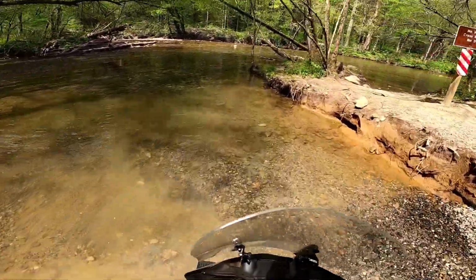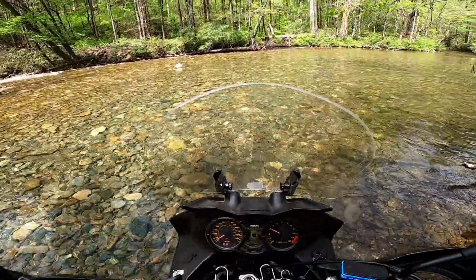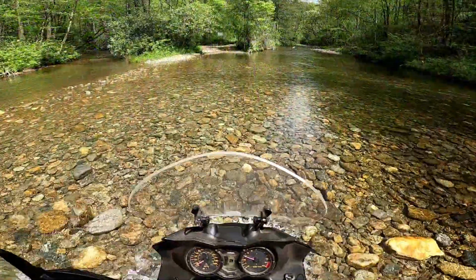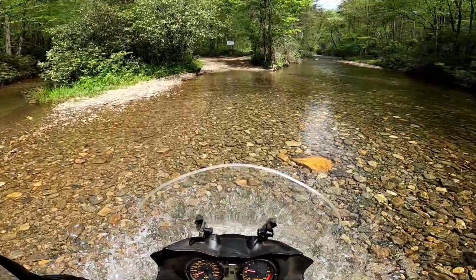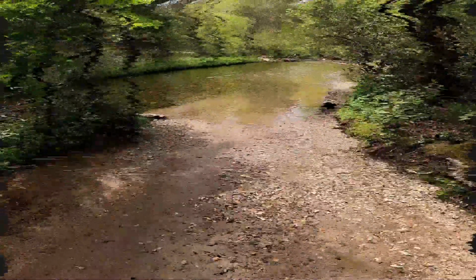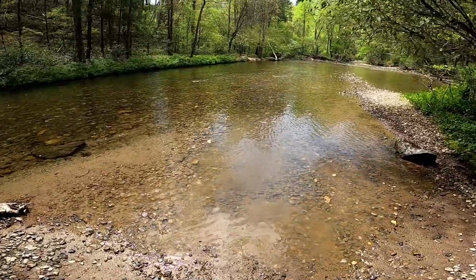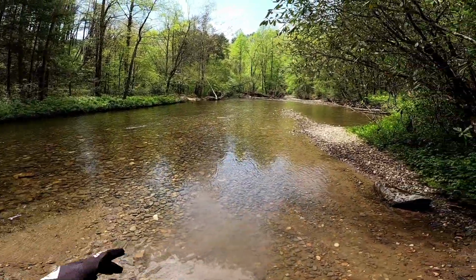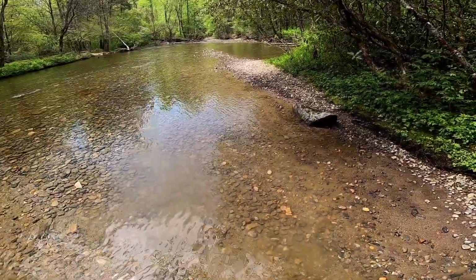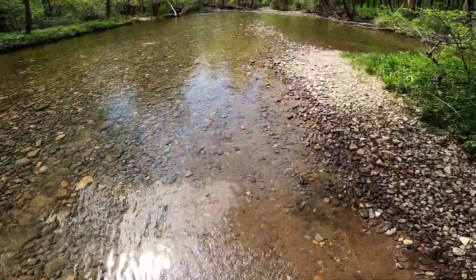Splash down in here. A little deep today, golly. That's the biggest one. This is Charlie's Creek now, the road. Probably should have come over here more if you want shallower water. So I crossed it last time, way smoother than that, but